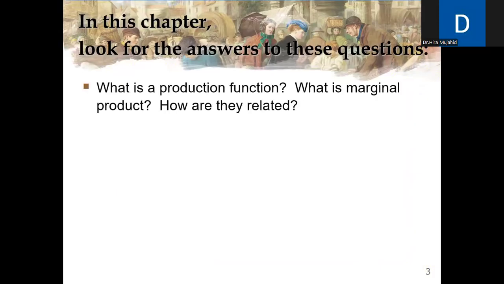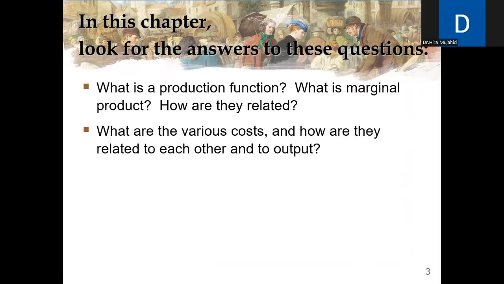This we have discussed already: what is the production function, what is the relationship of marginal product, and how they are related with each other. Production function is the relationship between input and output, and marginal product will tell you that if you change input by 1 unit, how much change it will create in your output. See, फिर इसके बाद हमने discuss किया था various costs, how they are related to each